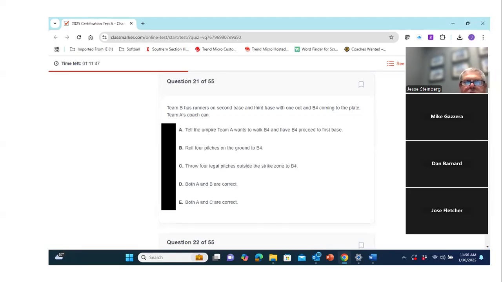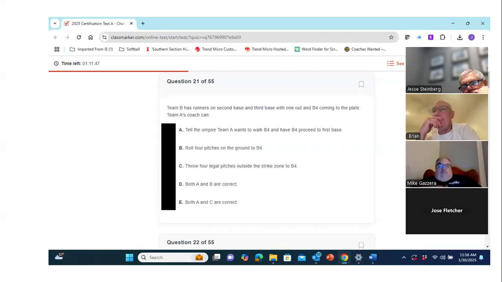Team B has runners on second base and third base with one out, and B4 coming up to the plate. What are Team A's coach's legal options here? E is what I have.